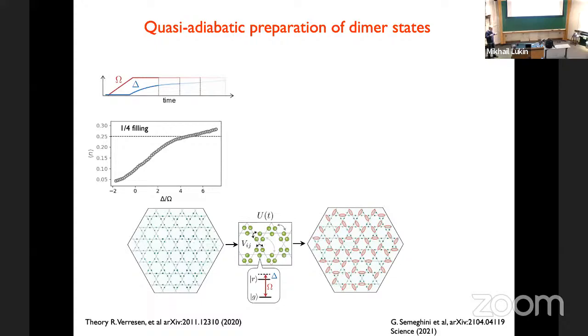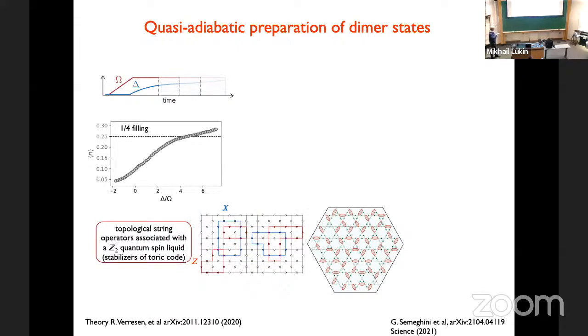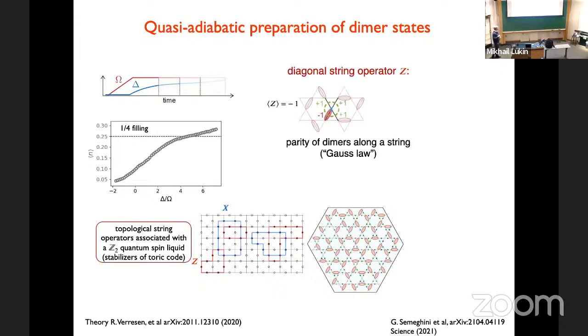But of course we can do better, right? Because now we have access to the entire wave function, which we can sample. And so what we can in particular do is evaluate these string operators, which are products of local observables, like, for example, in a toric code, the product of Z and X strings. And in particular, the Z string operator here is very easy to understand. Imagine you have a perfect dimer covering, and you make a string which goes around one of these